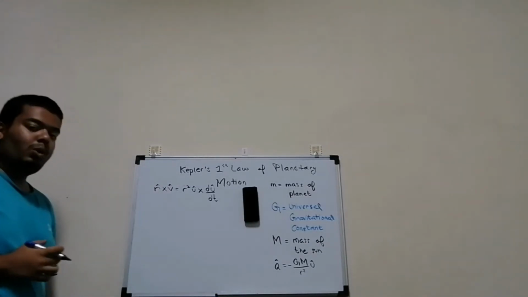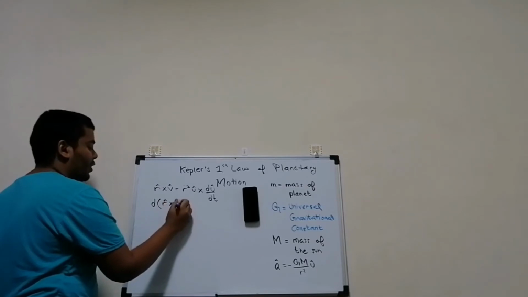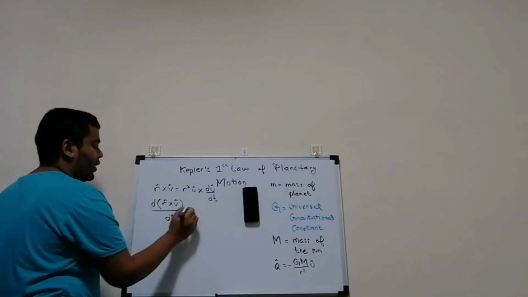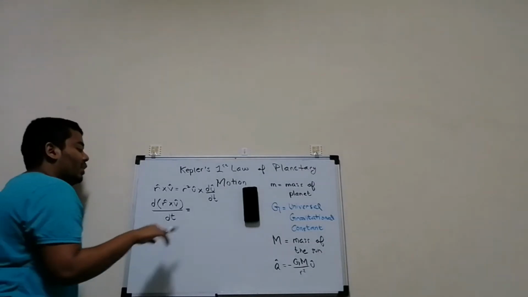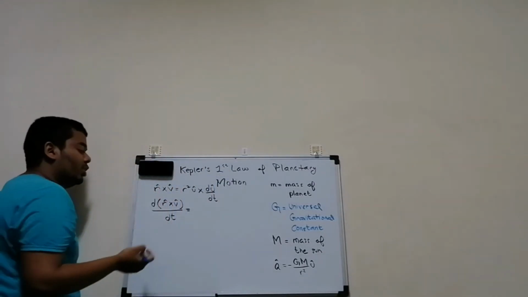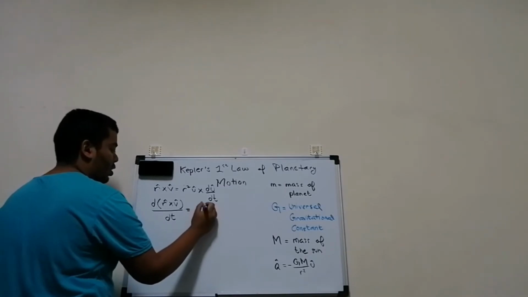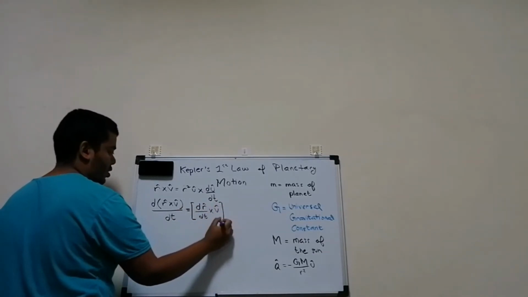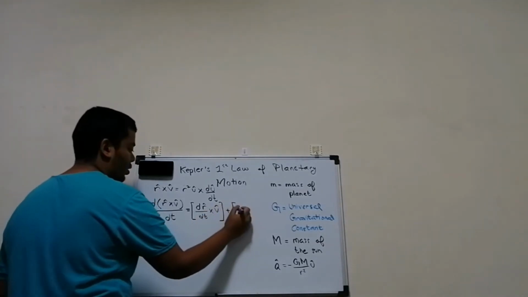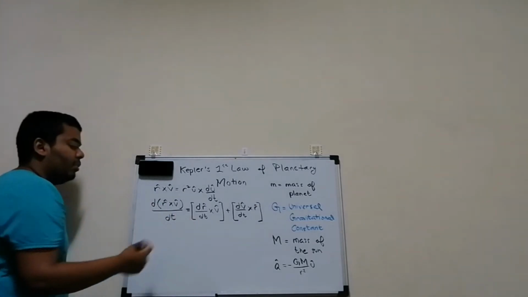Let's now take the left-hand side only, and let's take the differentiation of the left-hand side. So what do we get? When we take the differentiation of the left-hand side, we will first differentiate one, keep the other as it is, and then differentiate the second one, and keep that as it is. So let's do that differentiation. When we do the differentiation, we have dr over dt into the velocity vector plus dv over dt into the position vector of the planet. So this can be further written down as